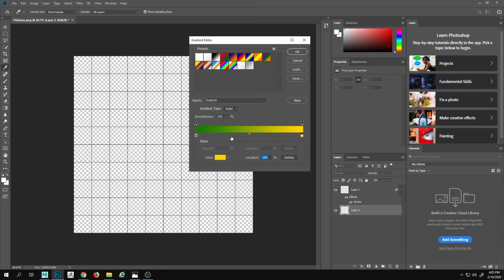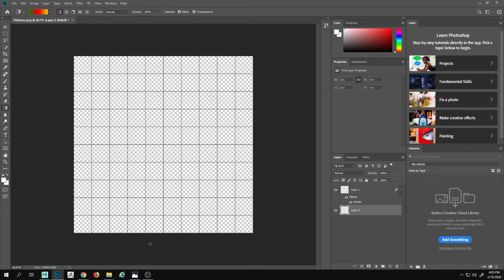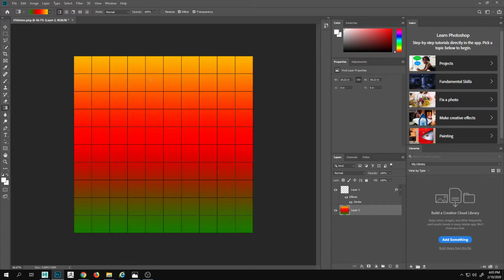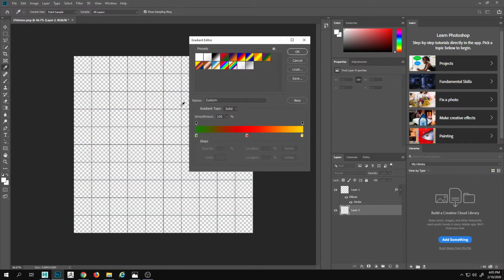So I'm going to click somewhere in between these. I'm going to click right here. Okay, I have another value that I can add. I'm going to change that to red. Okay, hit OK. Okay, so now we have this gradient going and transitioning between these two tones. What if we wanted to make it so this one right here in the middle had a quicker change from green to red? Well, if I were to click somewhere around here,